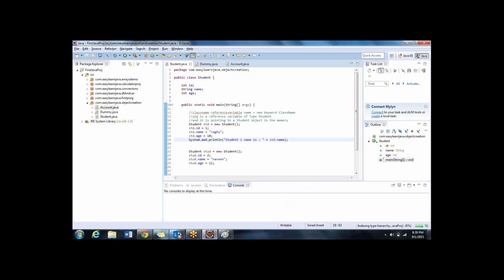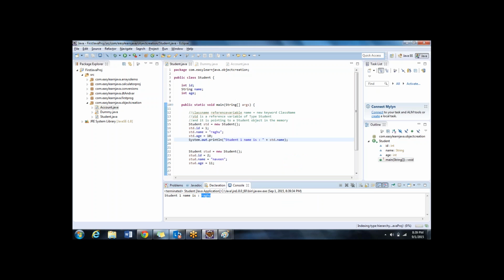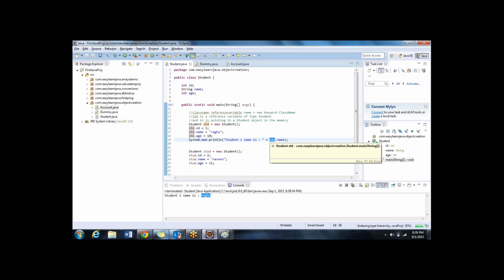If I print it, it prints Raghu for me. When I say Raghu, it is nothing but the value that I am retrieving from this object. So whether you want to set or retrieve, all you need to do is ask that reference variable, reference variable dot that property, so that it can give you